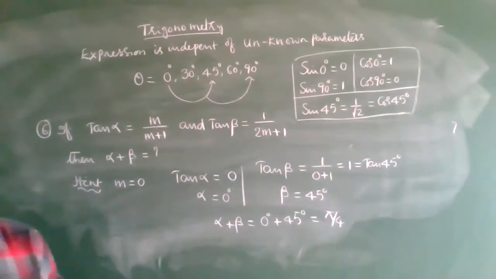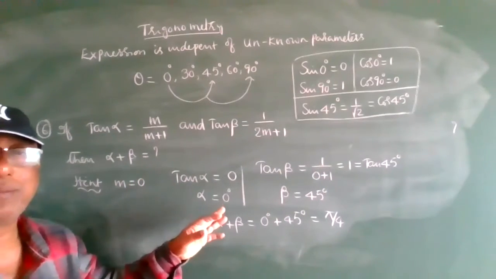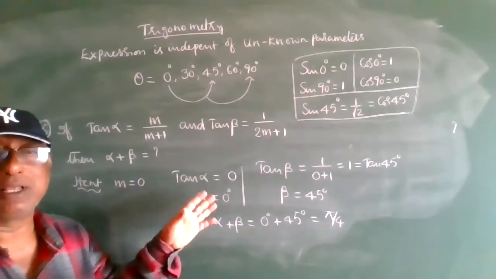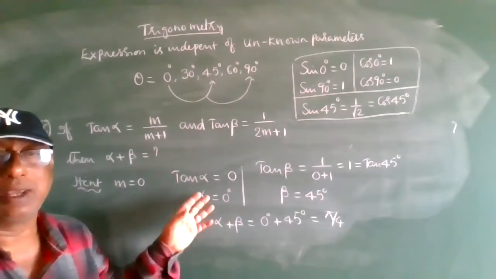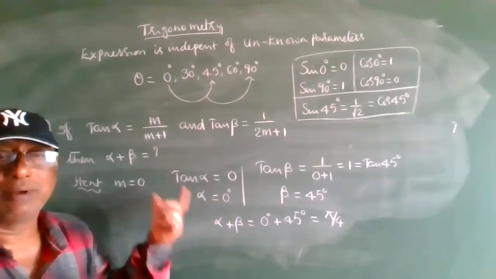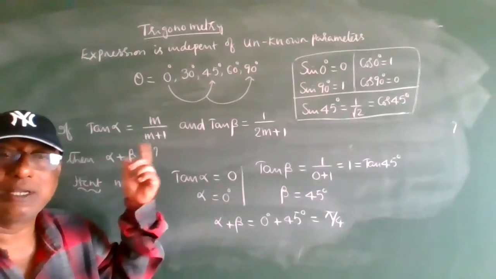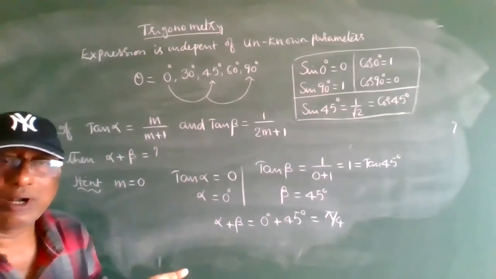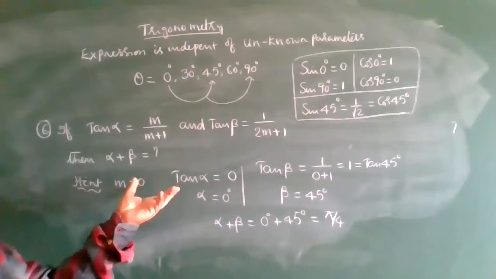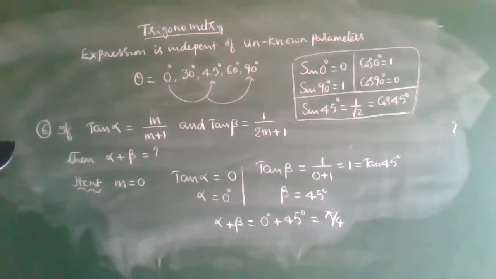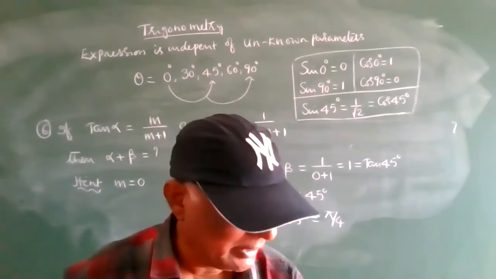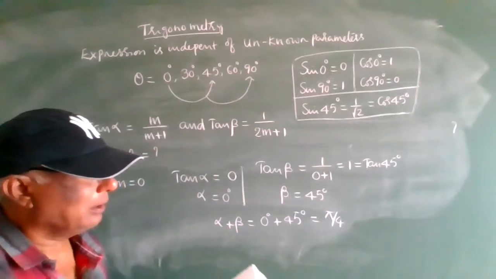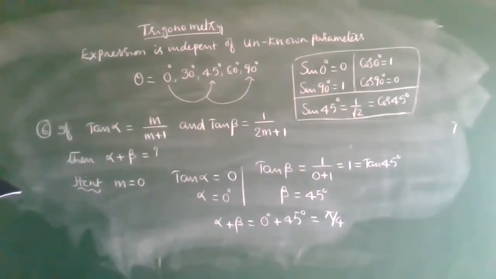This we can do by the long procedure. Tan of alpha plus beta formula, tan of A plus B formula, tan A plus tan B by 1 minus tan A tan B. We can write, simplify. We can get alpha plus beta is equal to 45 degrees. But I am taking the very simple process. Okay. Sixth problem also completed. Right. I go through the seventh problem.